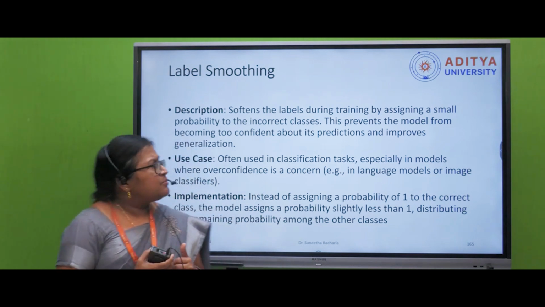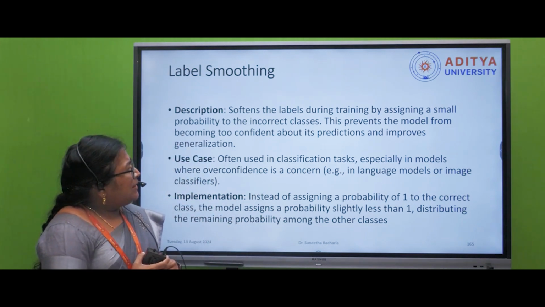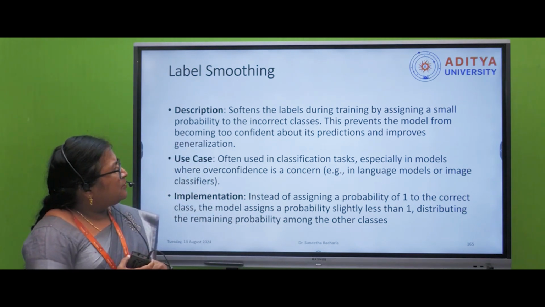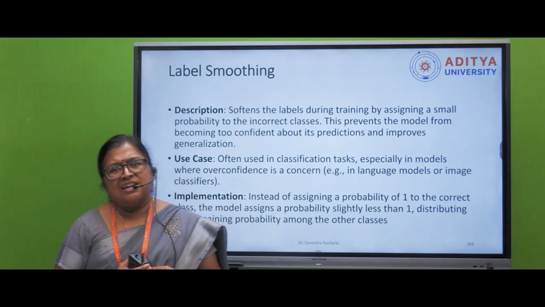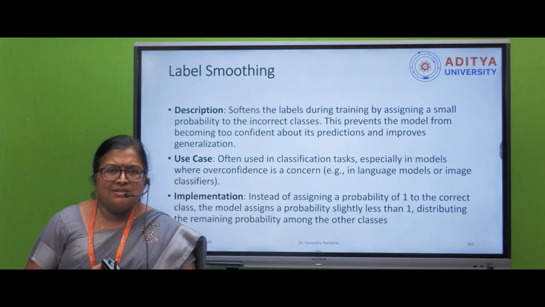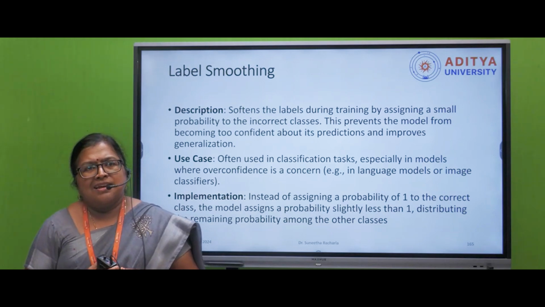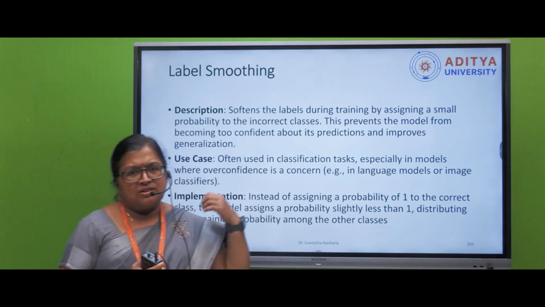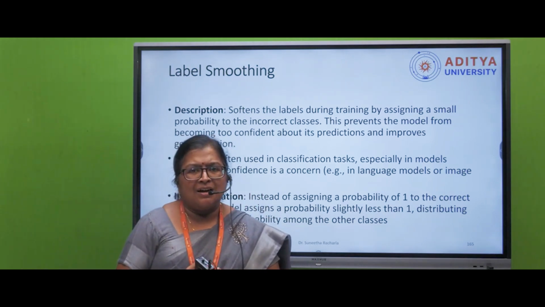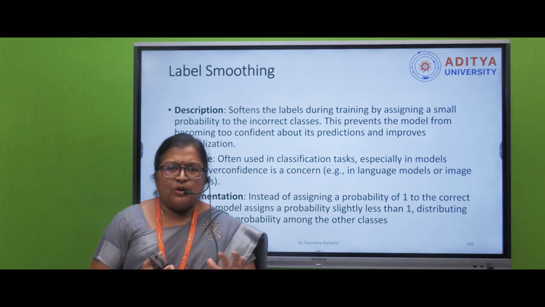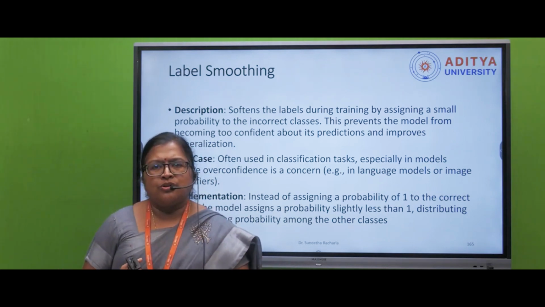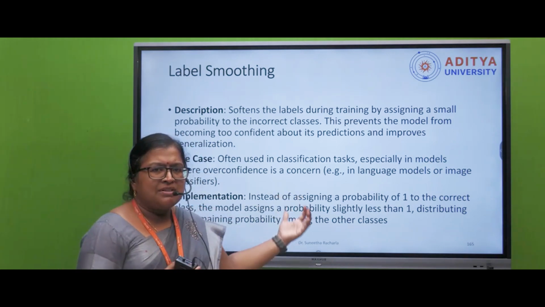And the next one is label smoothing. Label smoothing is just like when you make a mistake in a match or in your team. It's like our regularization coach. It will come to you and tell you, okay, you did better, but you have to improve more, there you are lagging. The same thing happens here also.